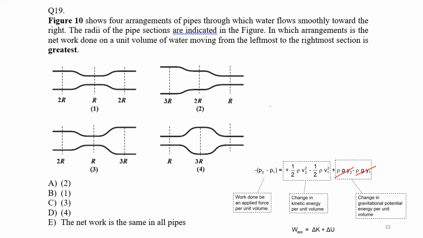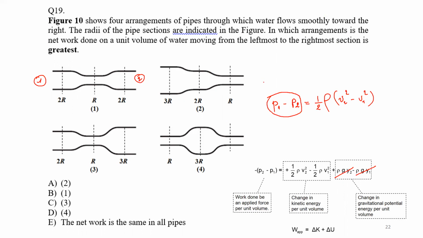So I will just end up with P1 minus P2 is equal to half rho (V2 square minus V1 square). I will call this 2, this 1. I mean, input is 1, output is 2. So what is this representing? The network